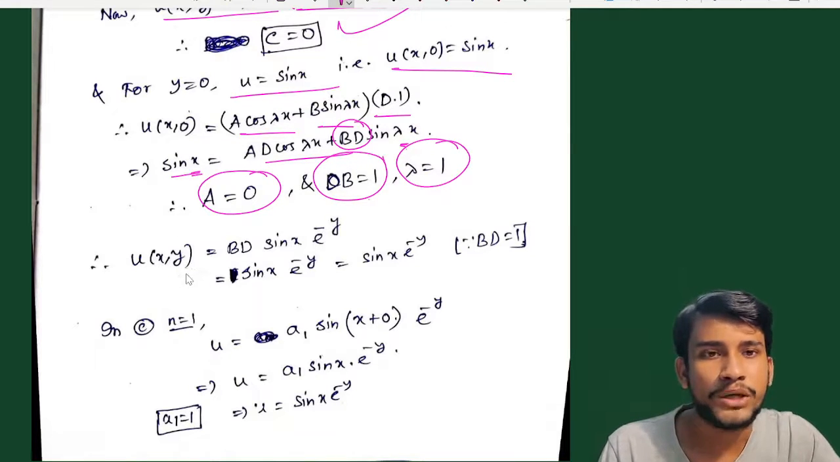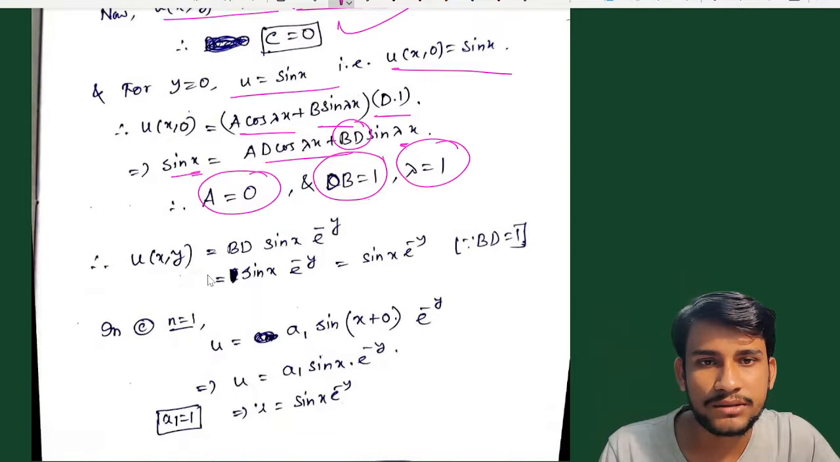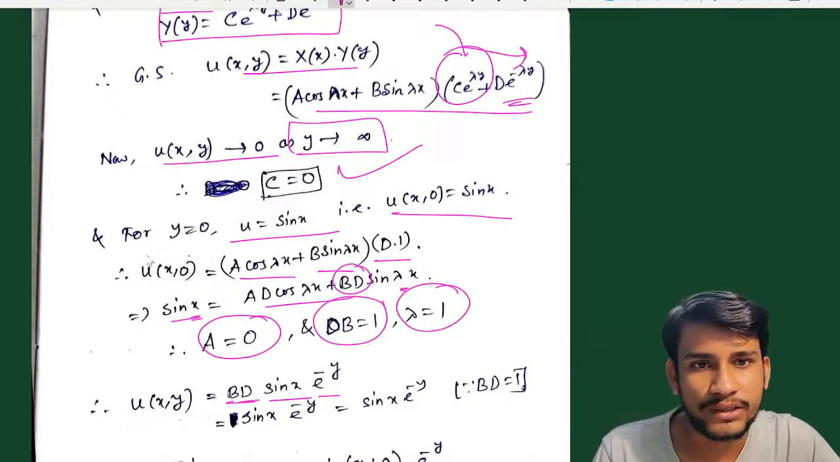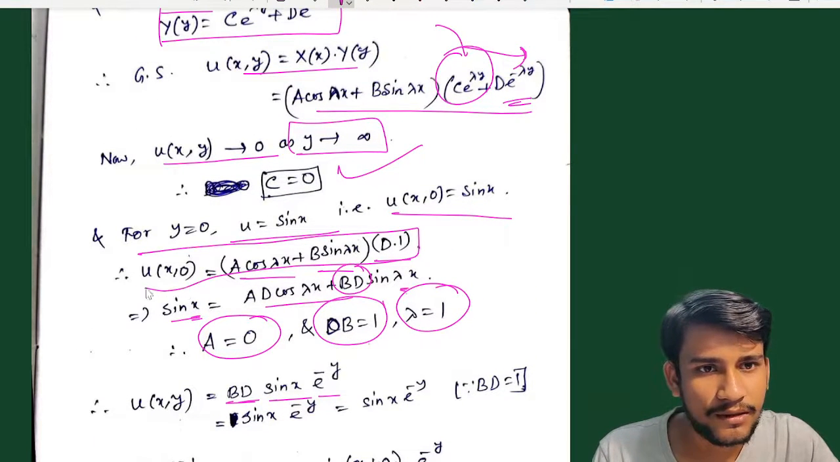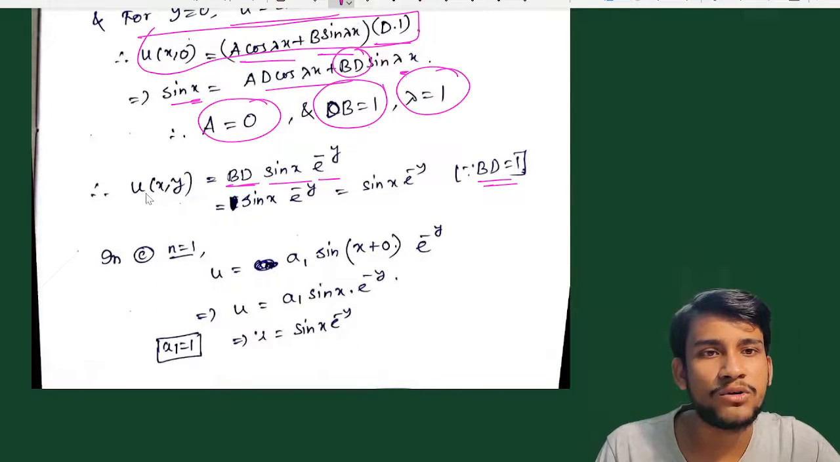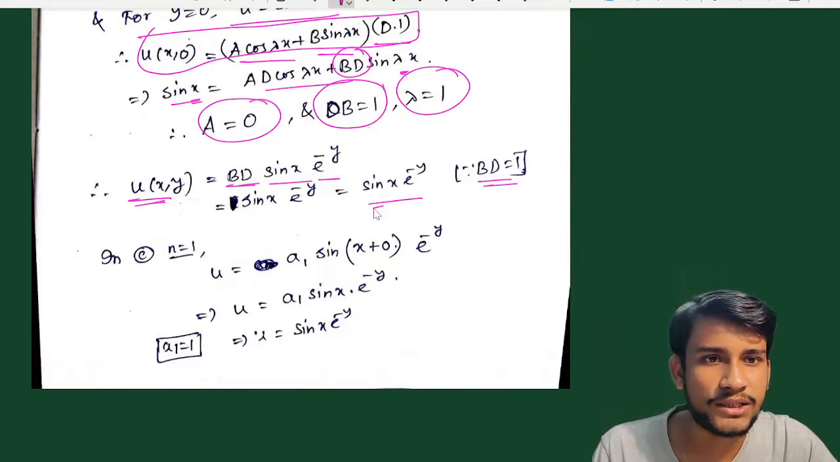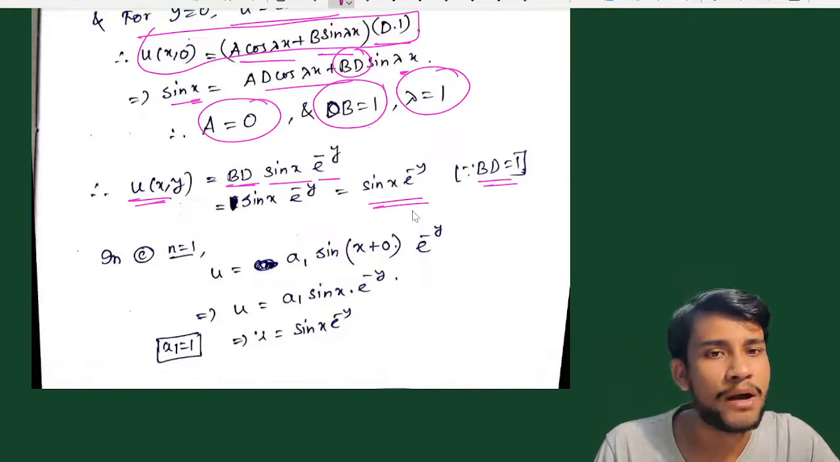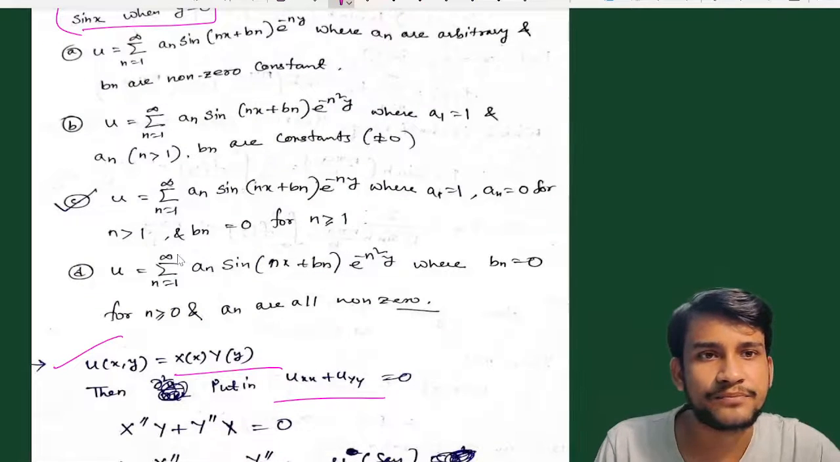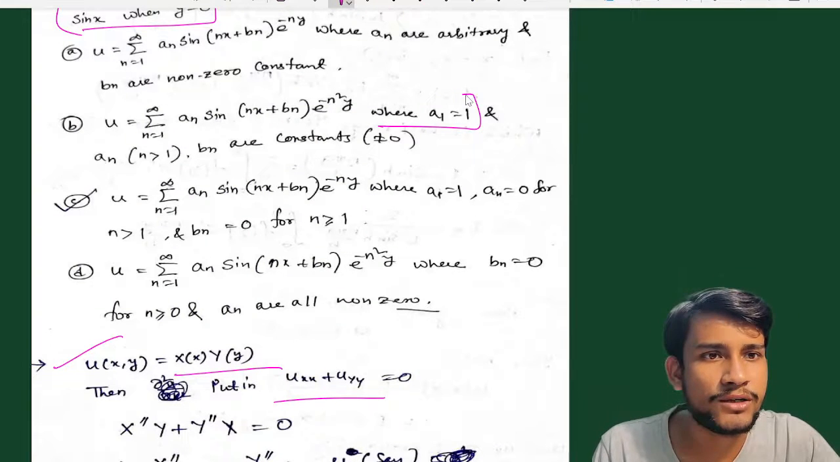Okay, so u(x,y) is of the form BD sine x into exponential y from this equation. From this we get the solution. Now if we take BD equal to 1, then the solution is of the form sin x into exponential minus y. Now if we see the options, first option, if we take a1 equal to 1